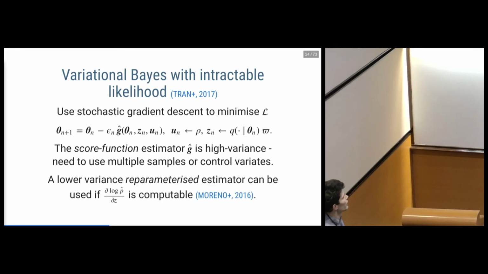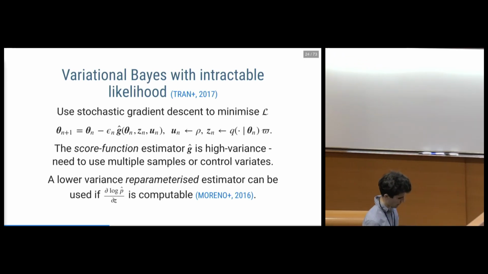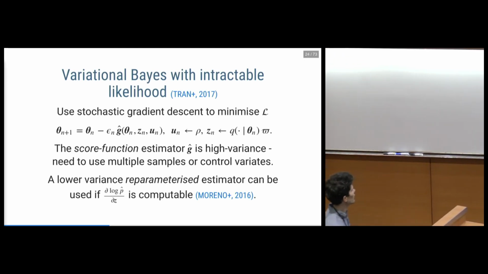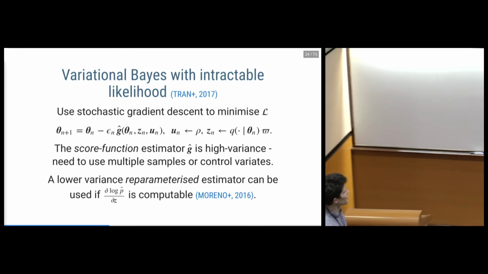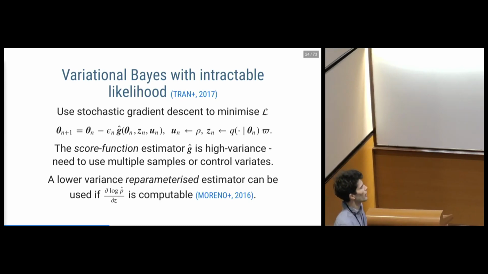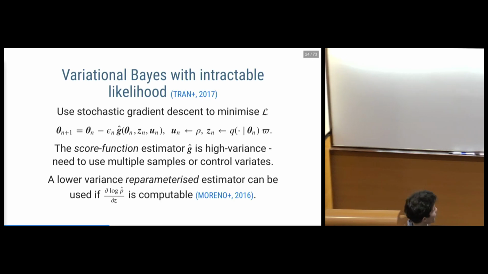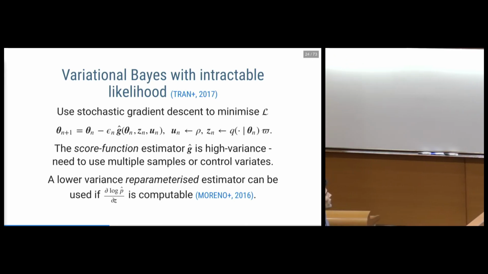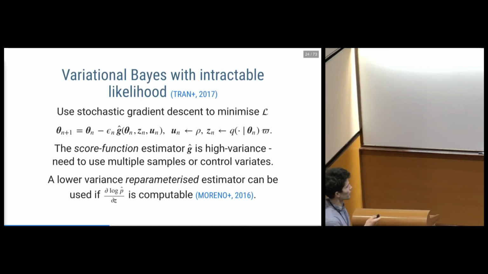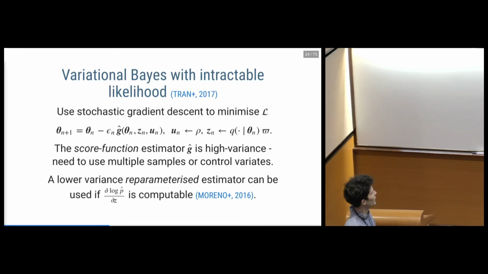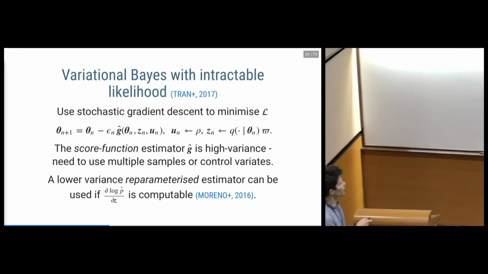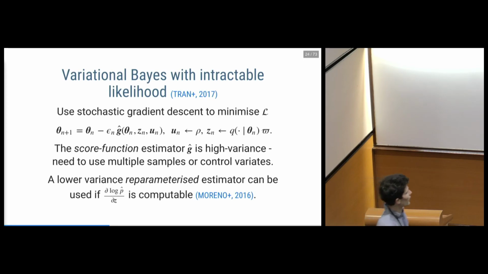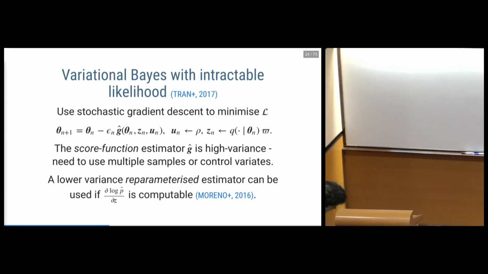An alternative is to use what's sometimes termed a reparameterization form of an estimator. This involves defining this variational approximation as some reparameterization of a set of auxiliary variables which don't depend on the variational parameters, which we can then map through some deterministic function which produces samples from this distribution. So if we can form it in that way, and we further can propagate derivatives through this p hat, so that's quite a strong requirement.